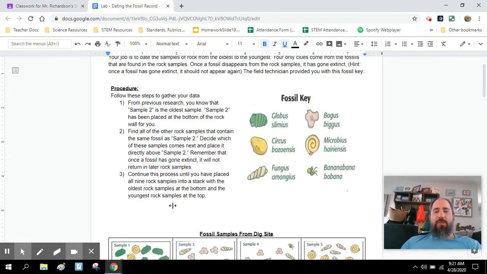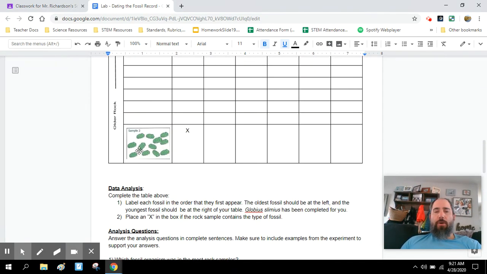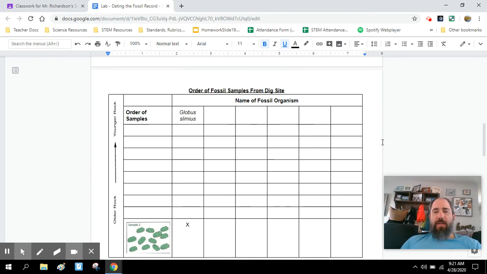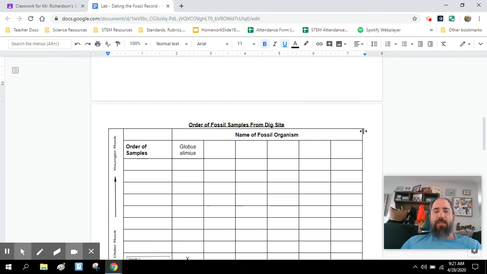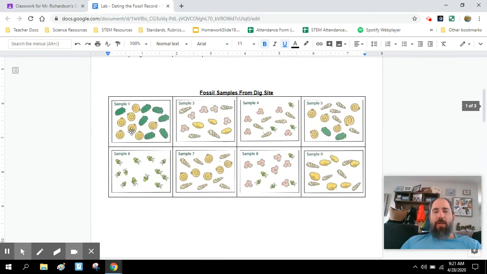The best way to do this is to look at the information you already have in sample number 2. Notice that rock has a type of fossil in it. This fossil is called Globus slimeus. Your job is to look for other rock samples that contain that same fossil, Globus slimeus, and try to put